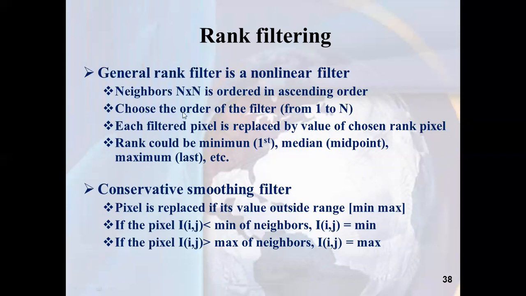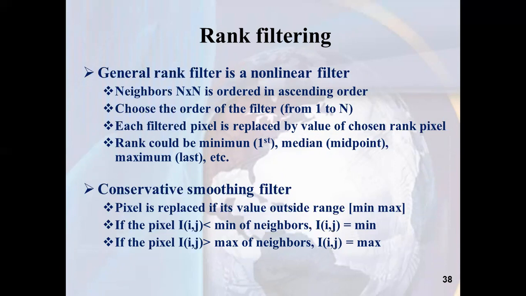So each filtered pixel is replaced by the value of the chosen rank pixel. I choose the rank of the pixel, its degree or order. Rank could be minimum, meaning the first one, the median, the midpoint, the maximum and so on. So it's a conservative smoothing filter because pixels are replaced